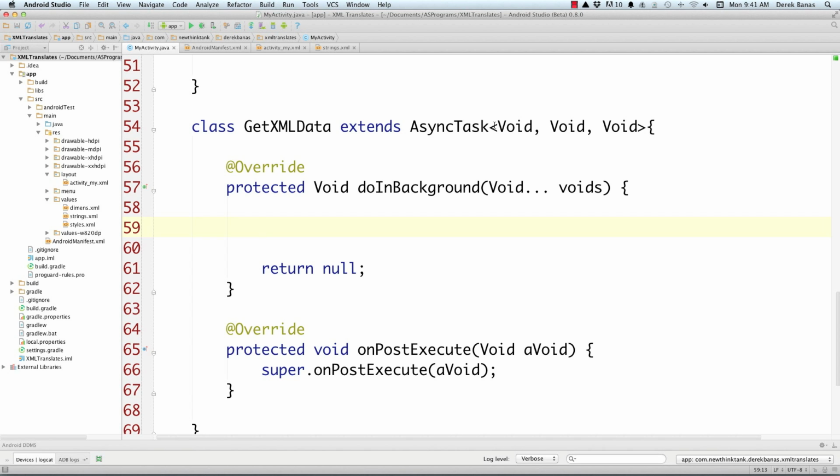This void is saying that this doInBackground does not accept any parameters passed into this function. This void right here says that we are not in any way going to monitor progress or provide that information, and this void here says that when onPostExecute is executed after doInBackground finishes, it is not going to be passed anything either. So the first thing we're going to have to do here is get a string that is